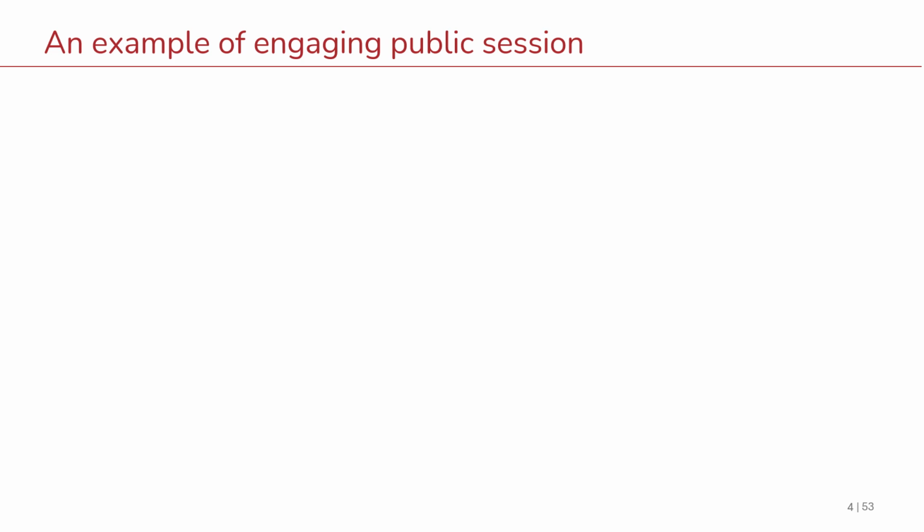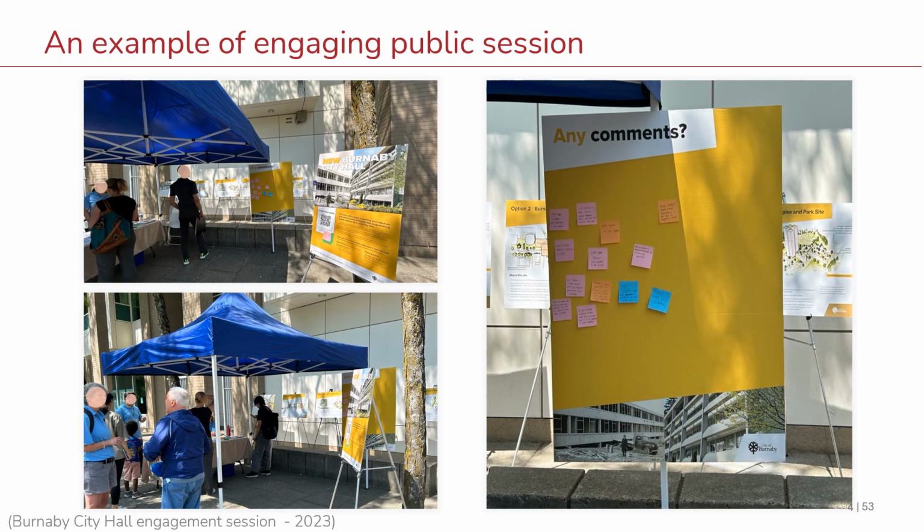So we need to engage public who are the actual user of these changes in the built environment in design process. Why? Because this engagement ensures the developments achieve inclusive design outcome. So we ensure that we are making an inclusive design decisions. Currently, there are different ways to engage the public in the process of design. For example, this was a public engagement session to determine the new Burnaby City Hall location on a specific day for a specific period of time.